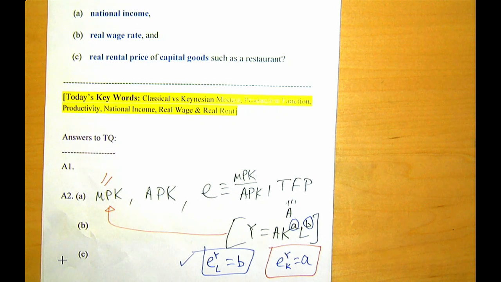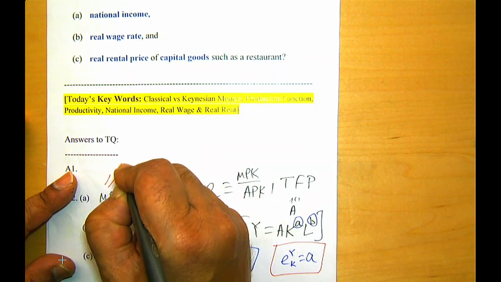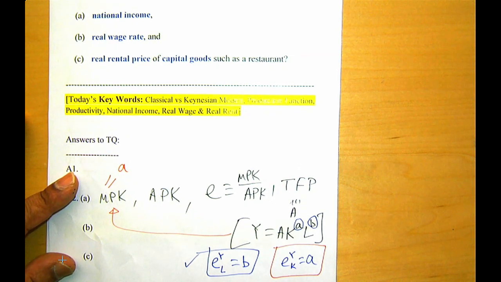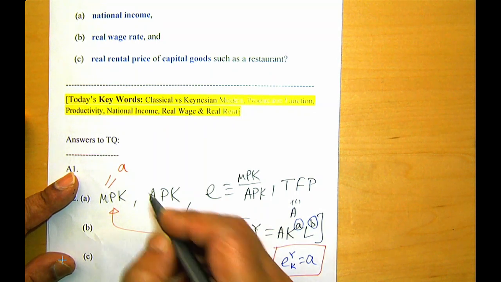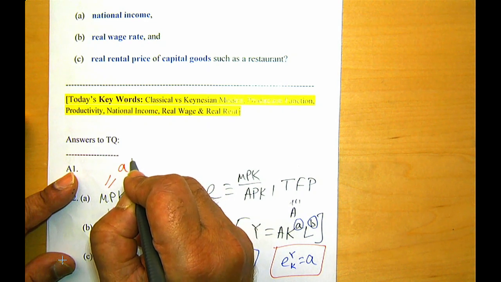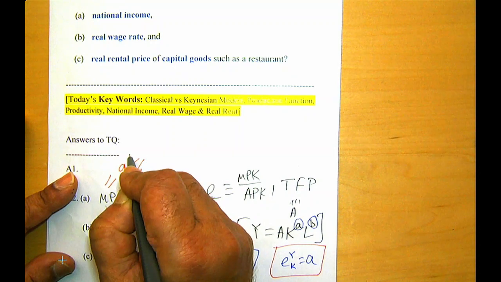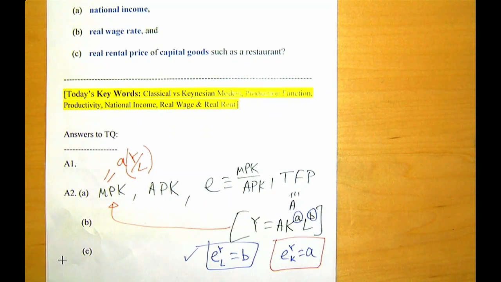Little a, capital A, and then the K and alpha, L. A times? And then capital A. Okay, so you are spelling it out, right? But how about use Y? Oh, right. So it will be times Y, Y divided by L. Right? That's it. So it's elasticity times average product. That's it. Right?